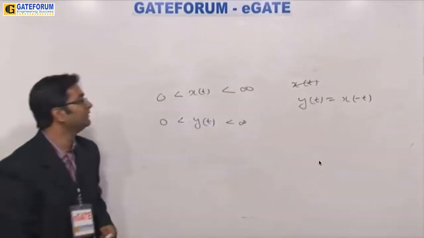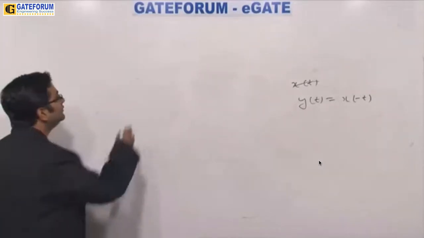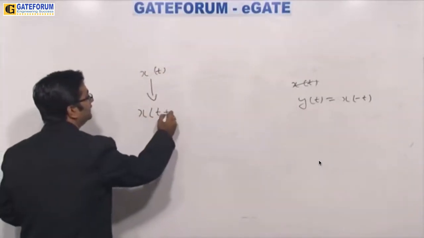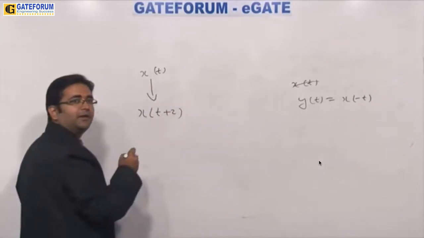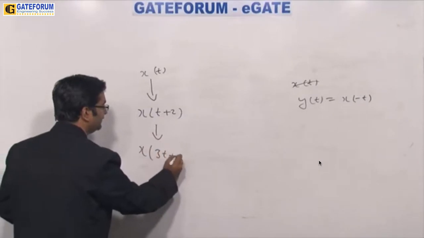Acha. Monica, it is very simple. If you want to draw x of minus 3t plus 2, you have x of t, shift it and make it x of t plus 2, right? And after x of t plus 2, you scale it by 3, it becomes x of 3t plus 2,